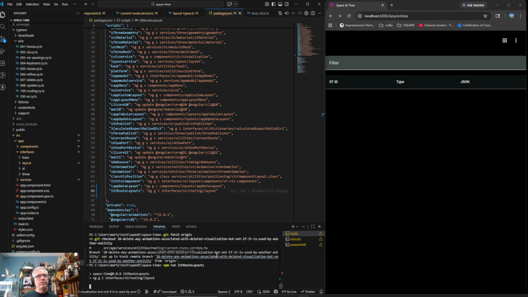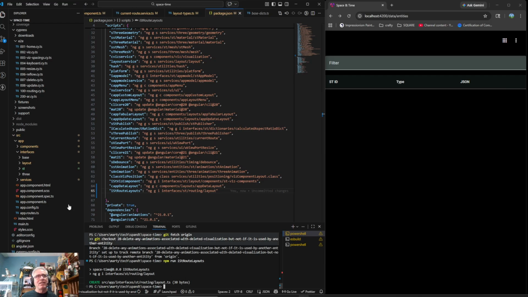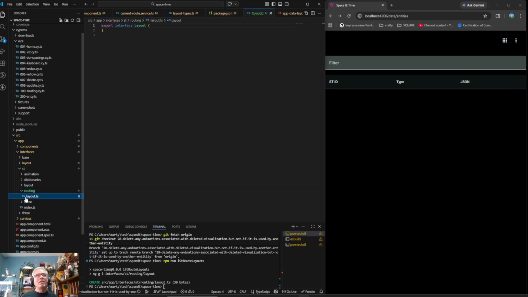It's still working on it. Oof, I can't believe how slow this can be. It's literally just creating one. Okay, so it just added this, ST and layouts. And now the layout routing, maybe I want to name this routing layout. No, interface layout, and then I'm going to say